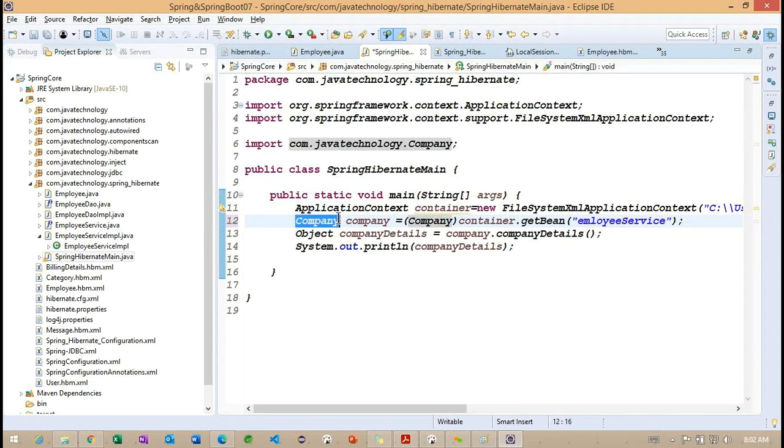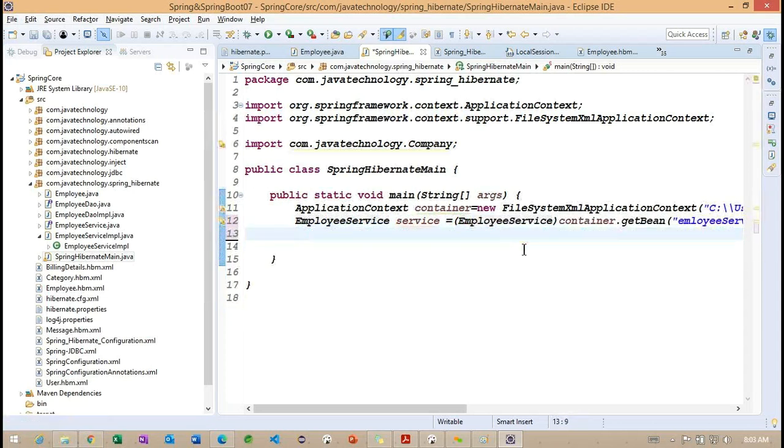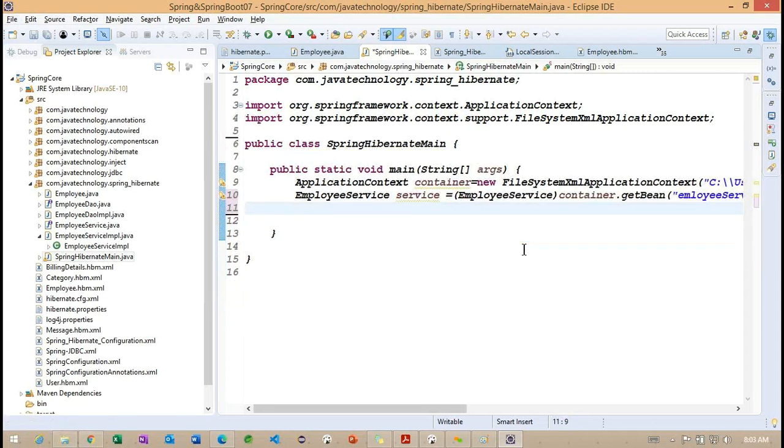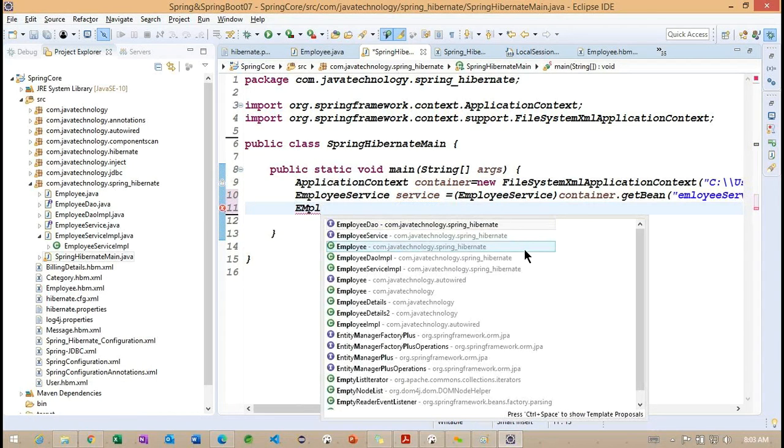Here we need to specify the service we created.